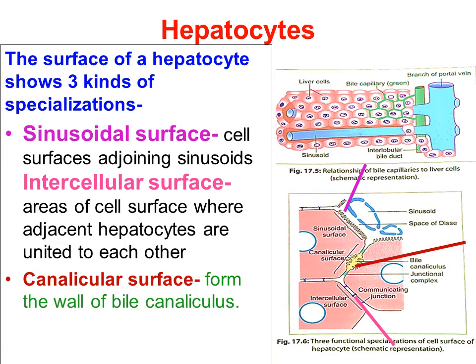And the canalicular surface is representing the area of the hepatocyte cell membrane that bears longitudinal depressions that are opposed to similar depressions on the neighboring hepatocytes, thereby forming the wall of the bile canaliculus. Also, we can appreciate irregular microvilli projecting into the canaliculus. On either side of the canaliculus, the cell membranes of adjoining cells are united by junctional complexes, thereby forming the blood-bile barrier, which is preventing the escape of bile into the intercellular space.